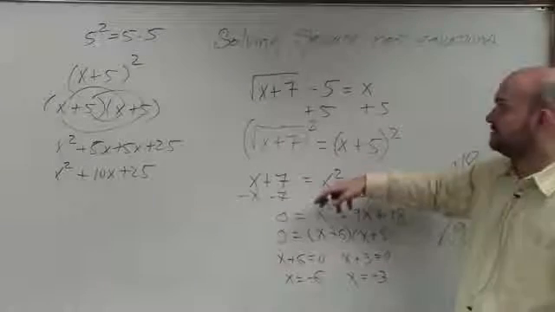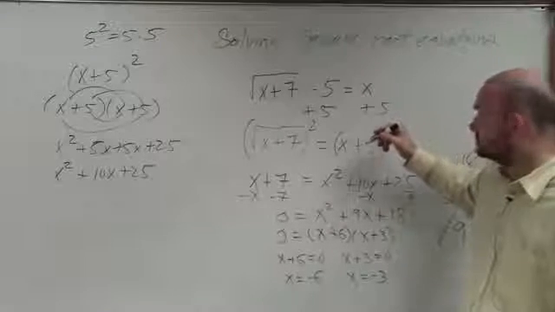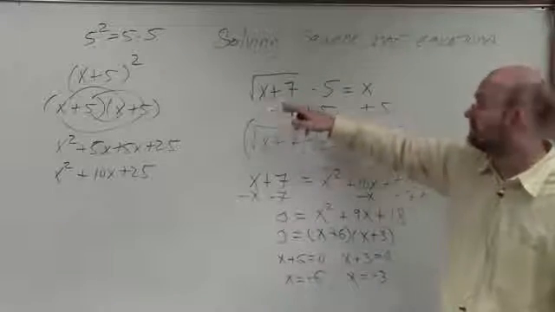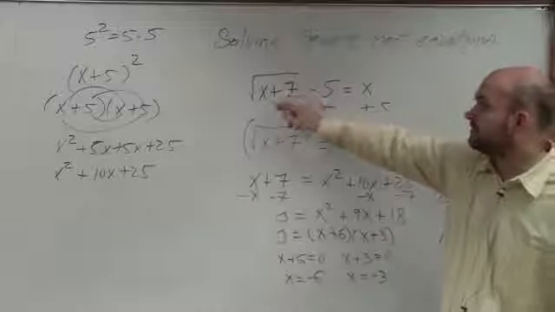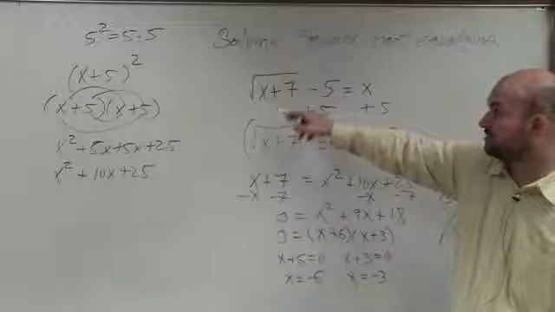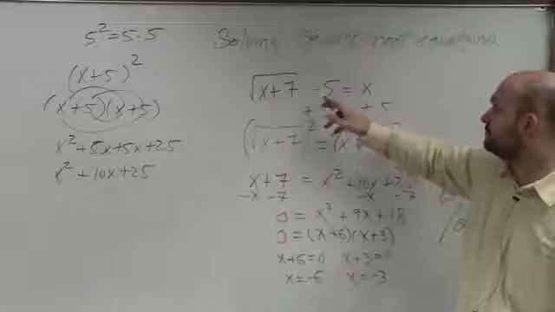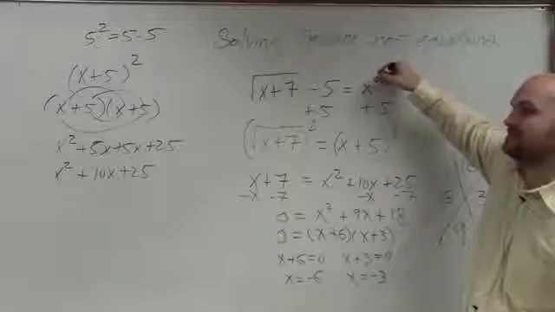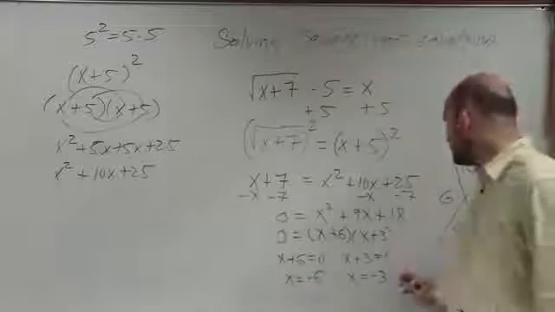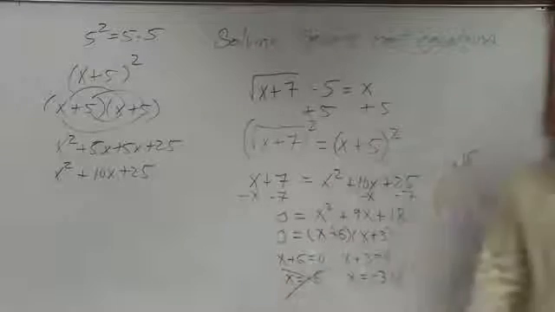Do you guys agree with me? Yeah, I guess, yeah. Sure. No? Yeah. OK. Well, let's plug in negative 3. Negative 3 plus 7 is 4. The square root of 4 is 2. 2 minus 5 is negative 3. And if you plugged in negative 3 for this x, you'd have negative 3 equals negative 3. So this answer works. That answer does not work, which is what we